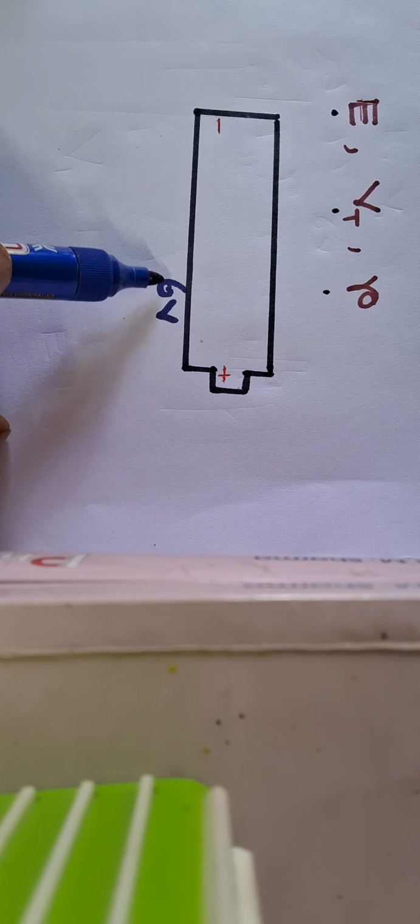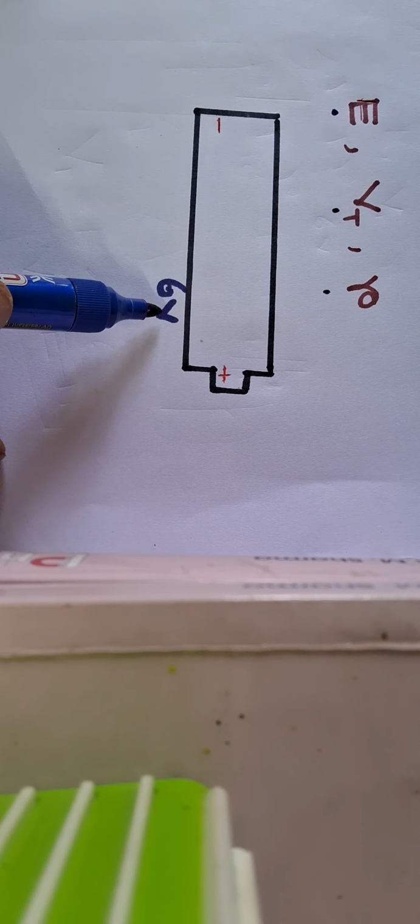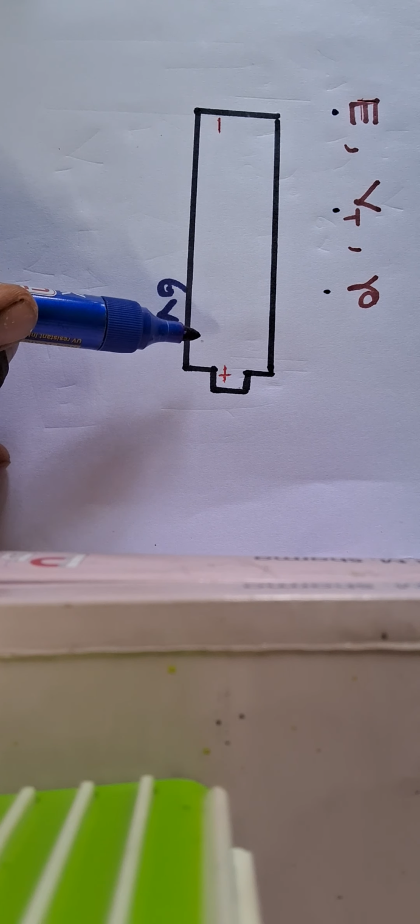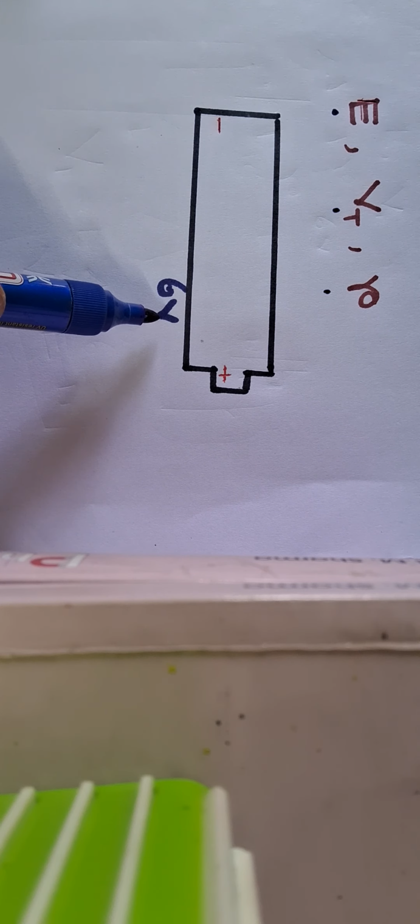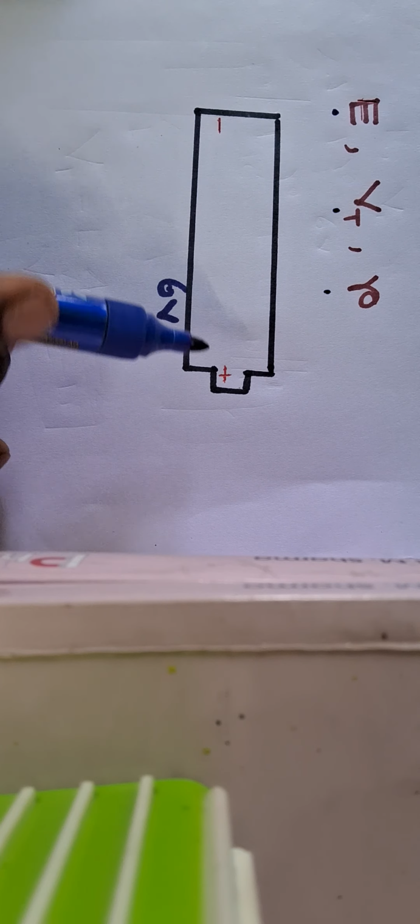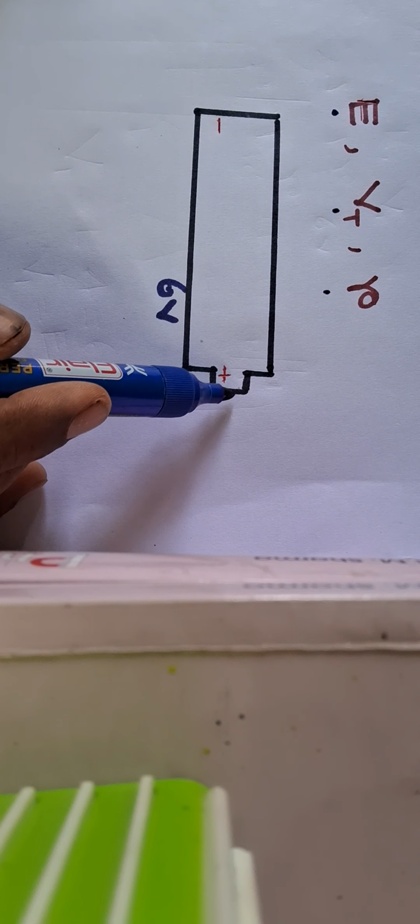In this case, suppose let us consider this battery where 6 volt is printed. It means EMF of the battery is 6 volt. It means it supplies 6 joule of energy per coulomb. Let me explain it in some other way. What does it mean? Now, let me connect this